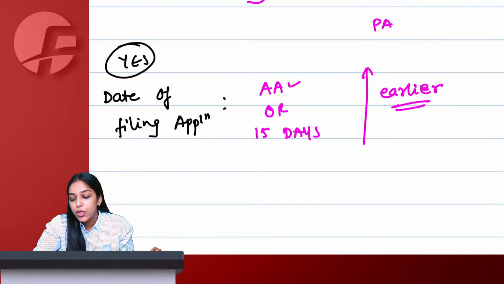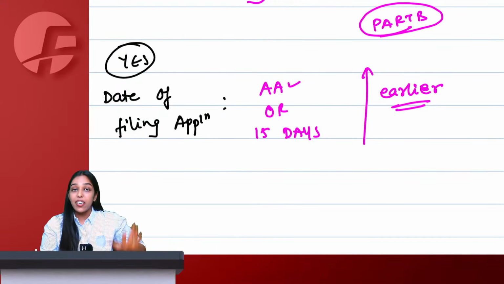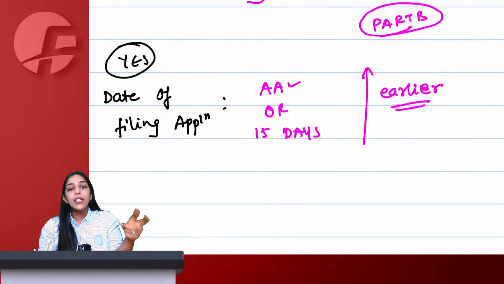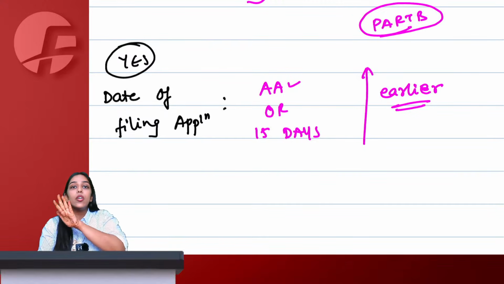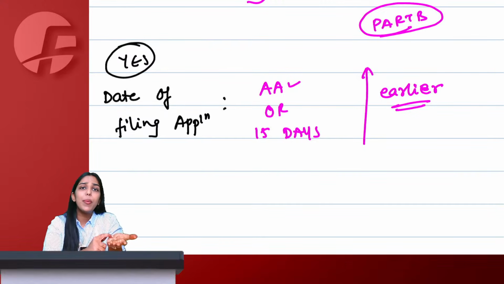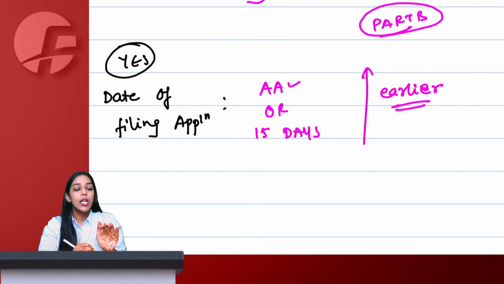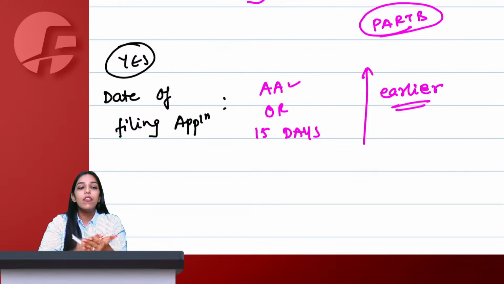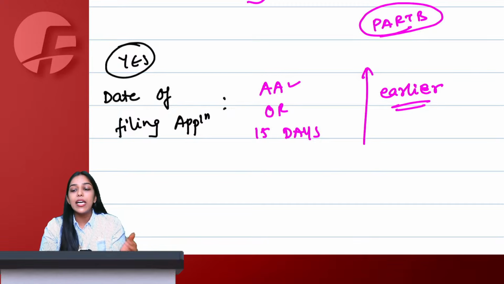So the day on which you furnish Part B, either you actually undergo Aadhaar authentication or it has already been 15 days. You are not undergoing Aadhaar authentication. You are not even opening that link. Then it is done. The day on which the 15th day ends, we will consider your application to be filed without Aadhaar authentication.